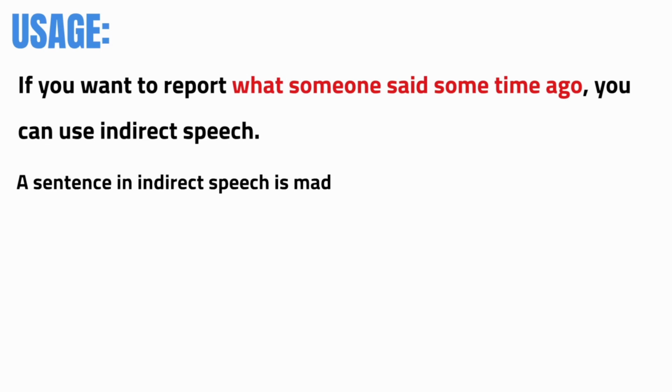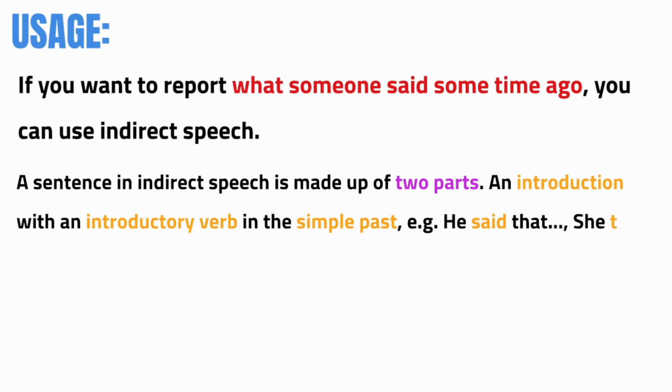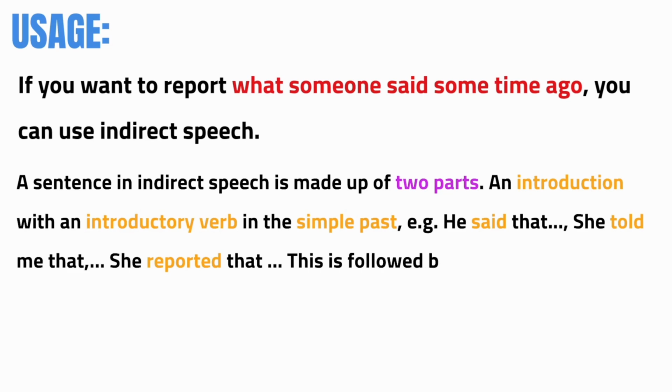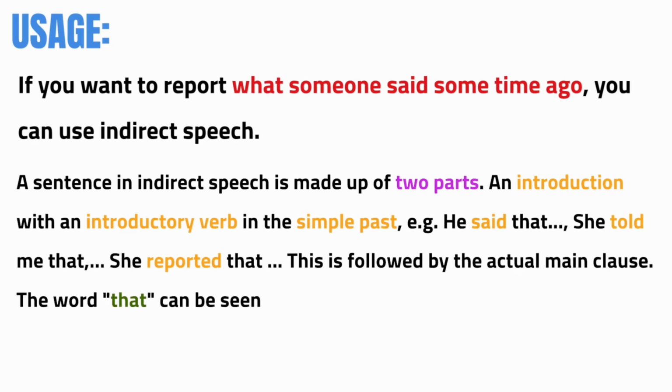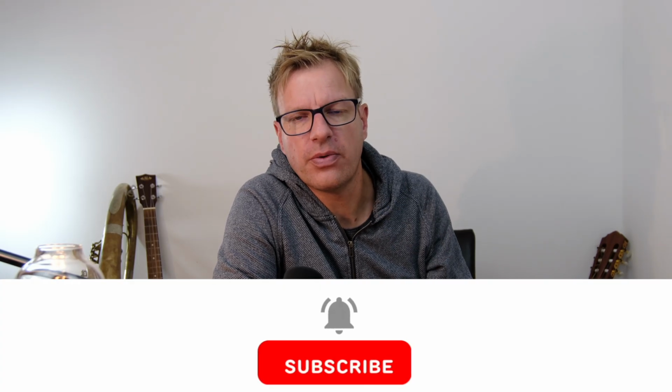A sentence in indirect speech is made up of two parts. You have an introduction with an introductory verb in the simple past. For example, he said that, she told me that, she reported that, and so on. There are more examples. This is followed by the actual main clause. The word that can be seen as separating the introduction from the main clause. You can also leave it out, so you don't necessarily need that to separate the introduction and the main clause